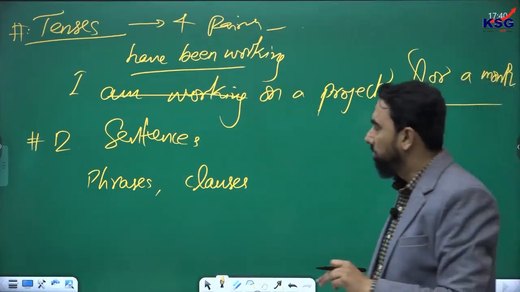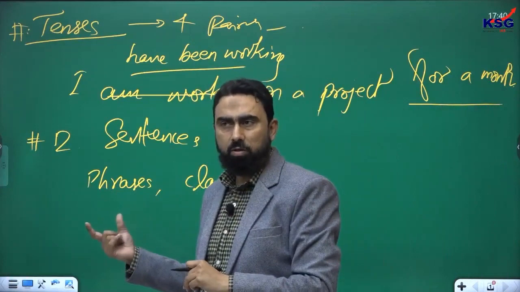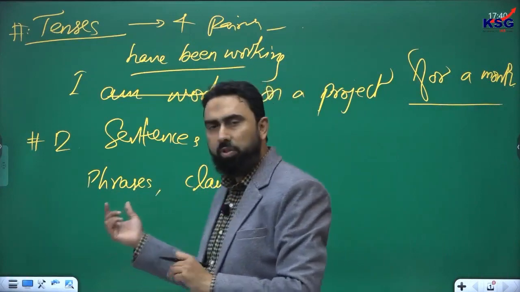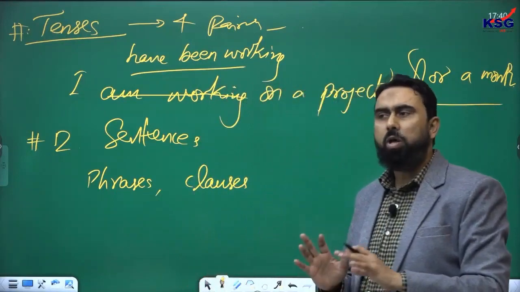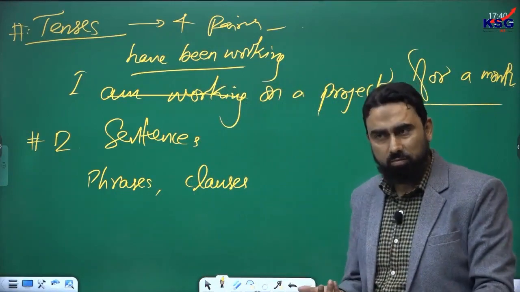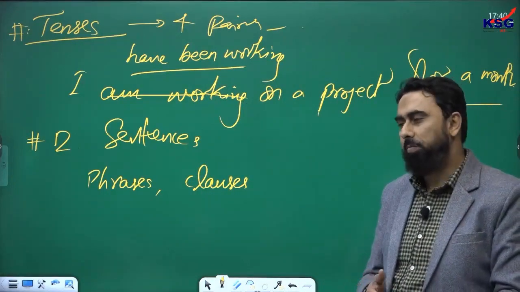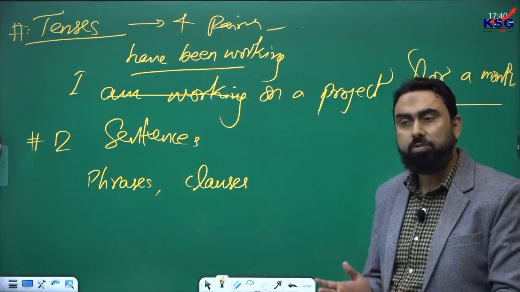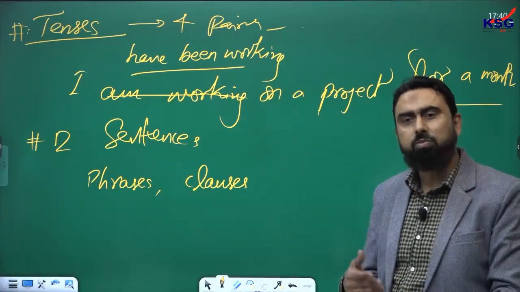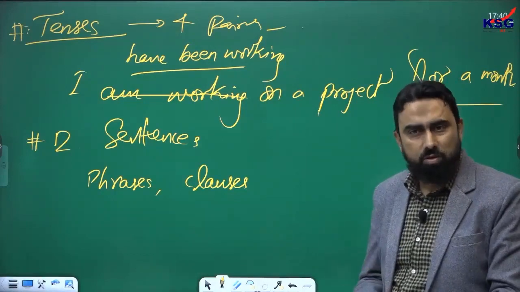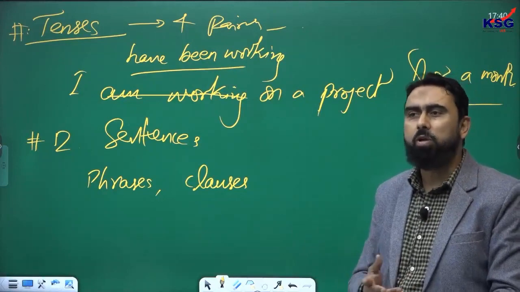You all know that a phrase is more than one word. More than one word, when they come together, they have a meaning. They may not have clarity, but they have a meaning. That's called a phrase. So, we have phrasal verbs, we have prepositional phrases, adverbial phrases, noun phrases, adjective phrases. Any group of words, if working as a preposition, is a prepositional phrase, like you say "according to me,"